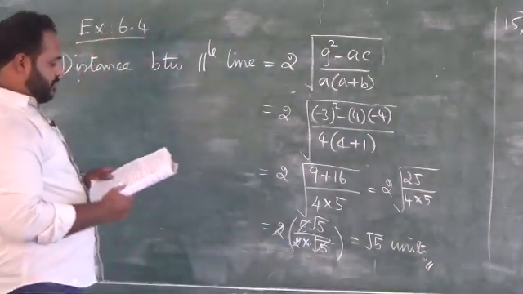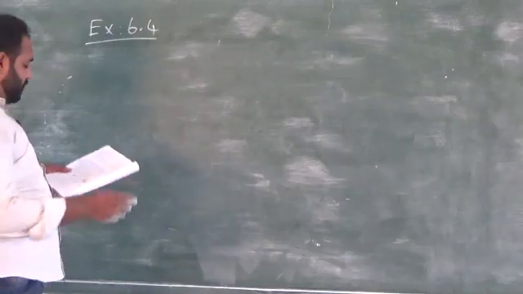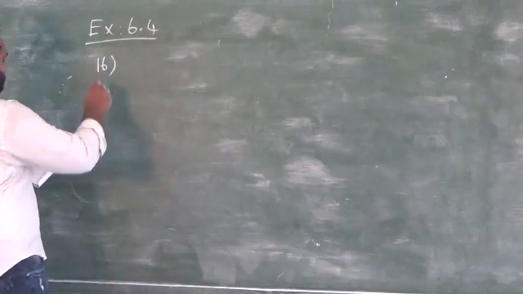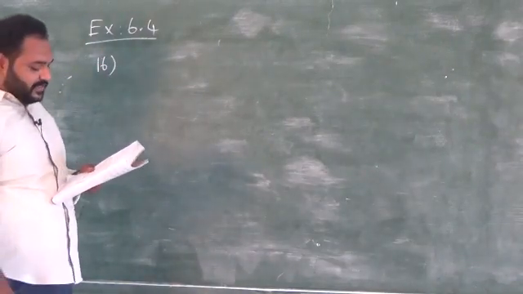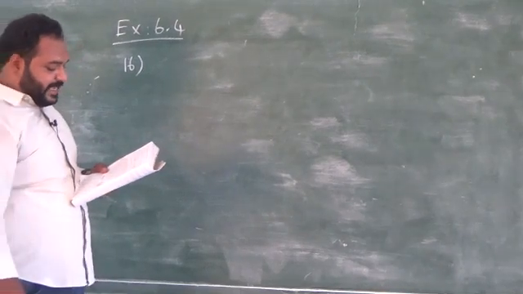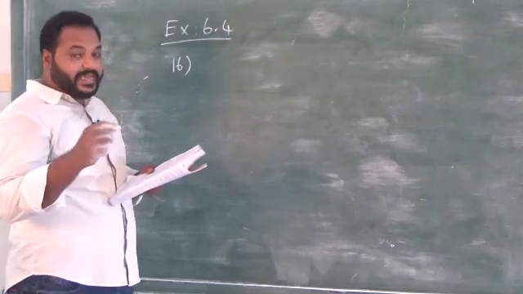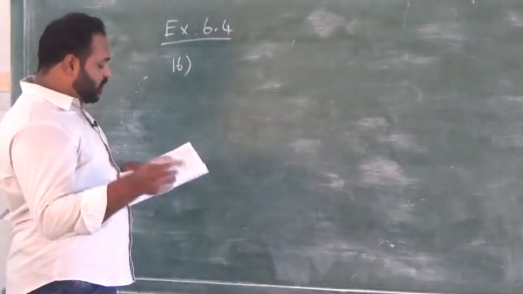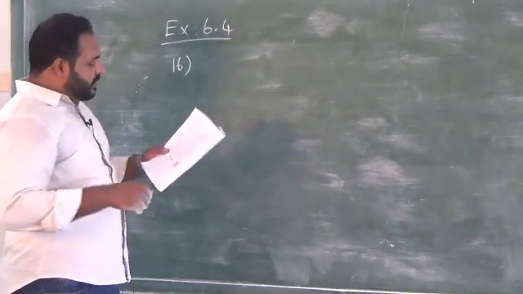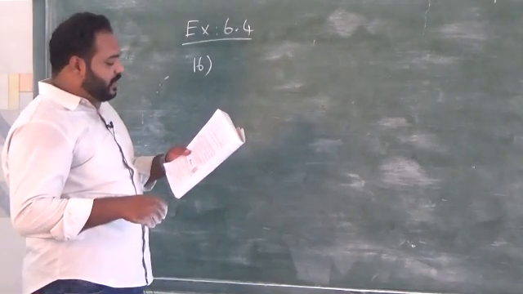So, by this problem number 15 over. Next question, problem number 16. Prove that one of the straight lines given by ax square plus 2hxy plus by square equal to 0 will bisect the angle between the coordinate axis if a plus b whole square equal to 4h square.